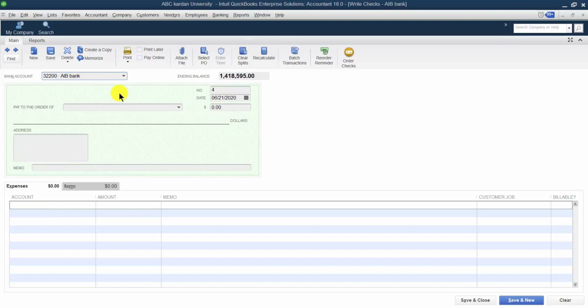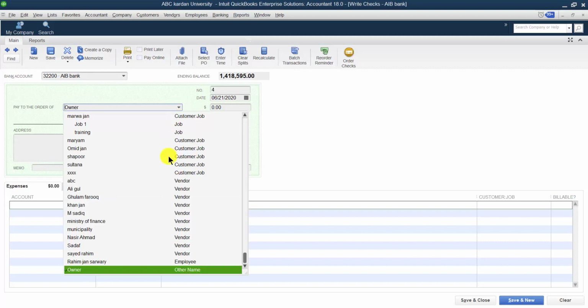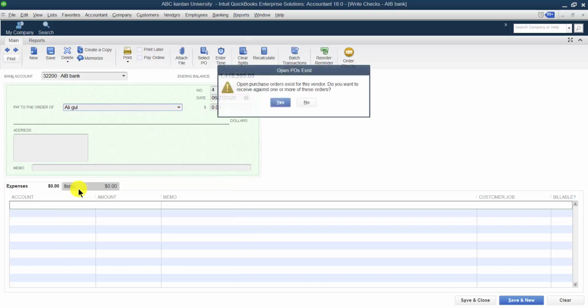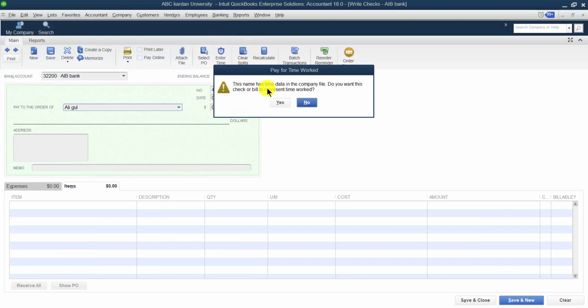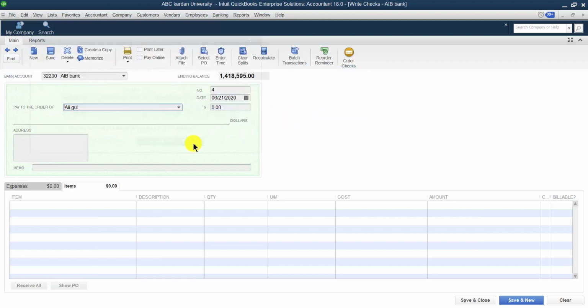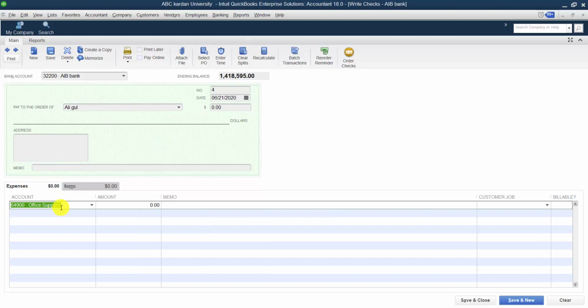You can issue a check, this is now check number 4, right? You can issue a check, for example, for the owner of the business, or you can issue a check, for example, to any vendors. If you want to make payment to any vendor, see, this is one of our vendors. If you want to make a payment to this vendor,